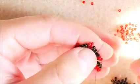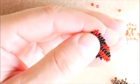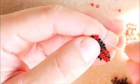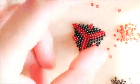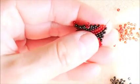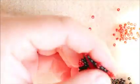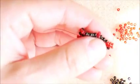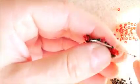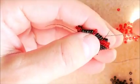You can use your fingernail to somehow control the position of the beads. And here we have the corner of the triangle, just a normal increase, and now we peyote on the side, 1, 2,